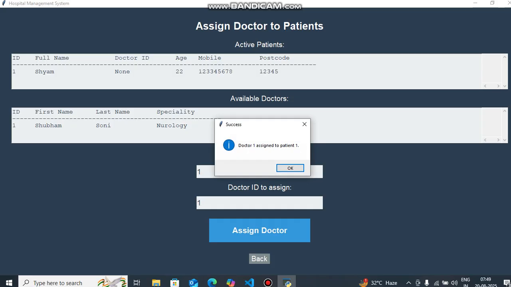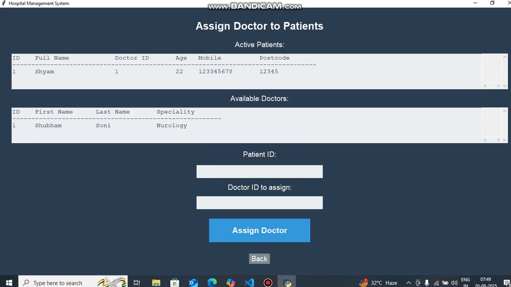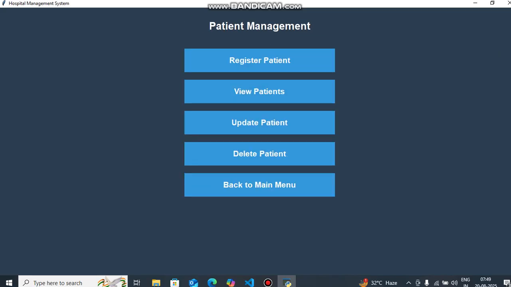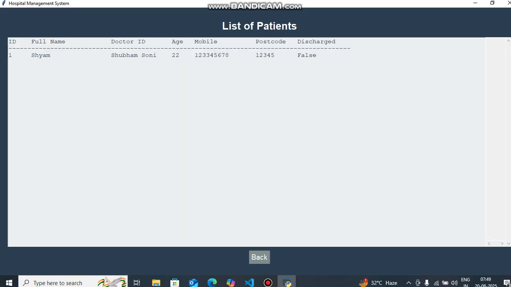Doctor assigned. Okay, doctor assigned, done. Now you can view the detail: discharge is false, and the doctor assigned is Shubham Soni, assigned to patient 1.